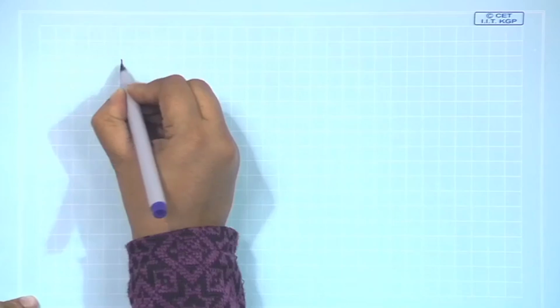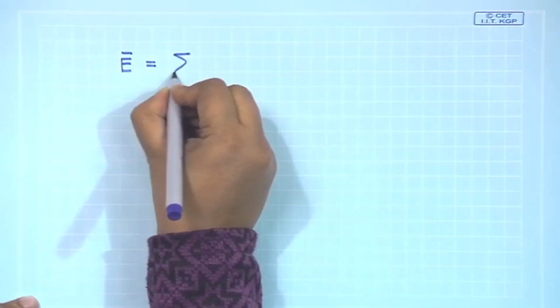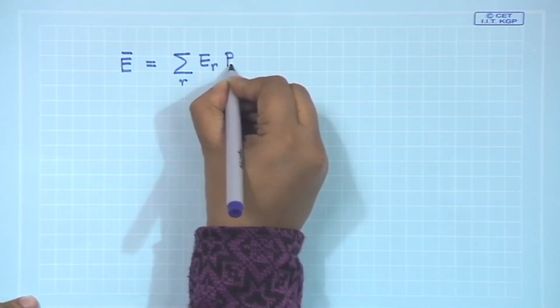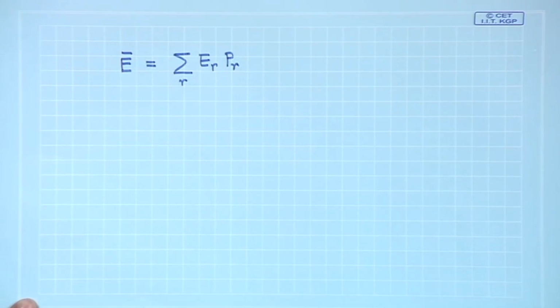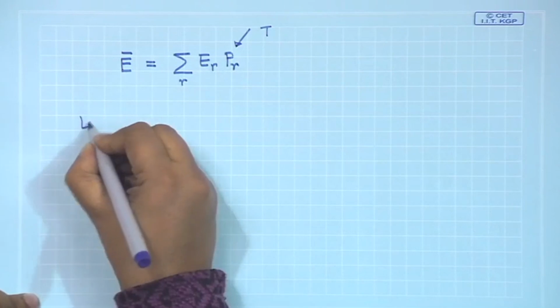Now, as you go on increasing the temperature of the system, what happens is now at much higher temperature, the population of the first excited electronic state becomes appreciable. Now, what is U? U is the average energy of the system. Okay. Now, average energy is nothing but given by the energy of the Rth state multiplied by the probability of the Rth state, and we know that this probability is dependent on temperature. At low temperature,